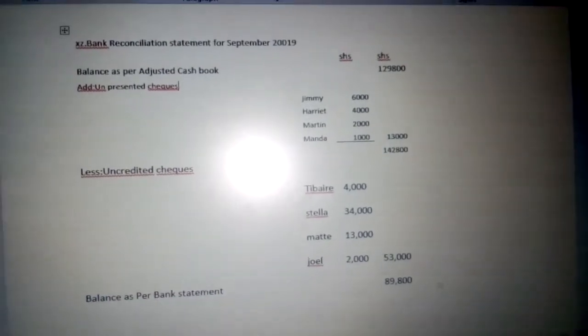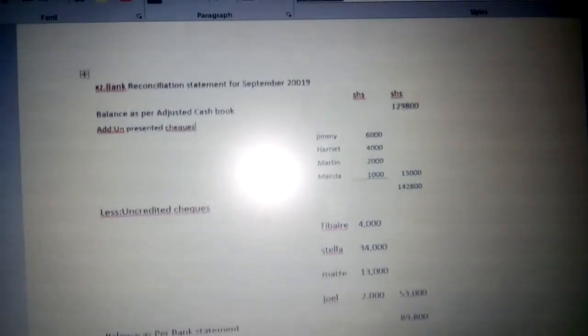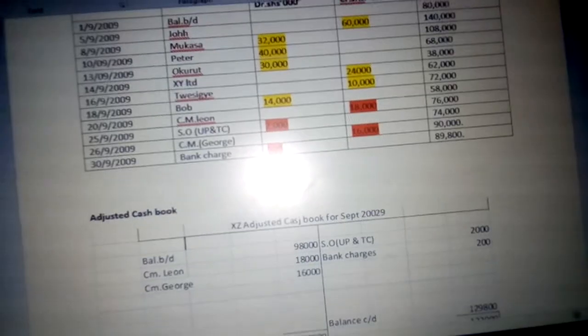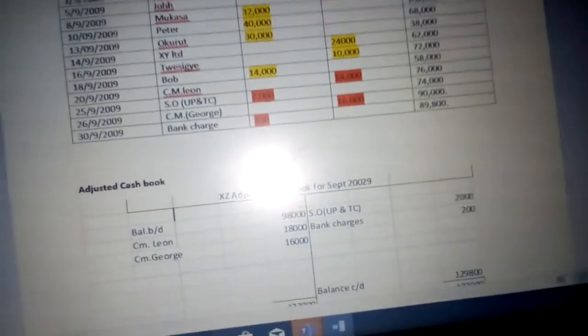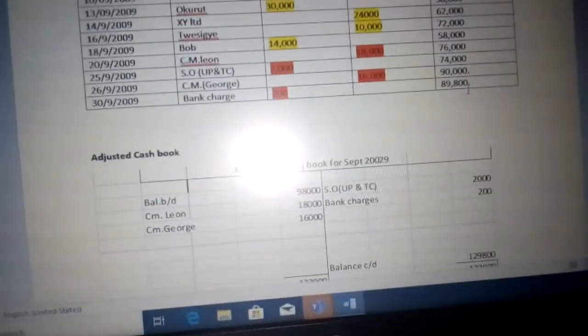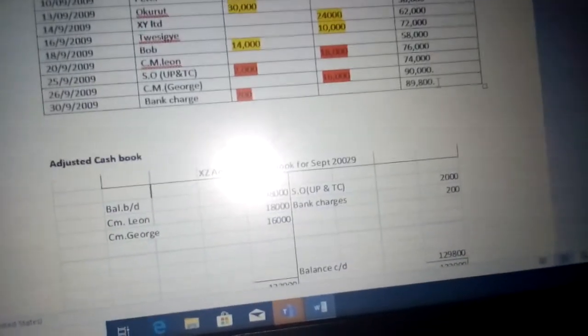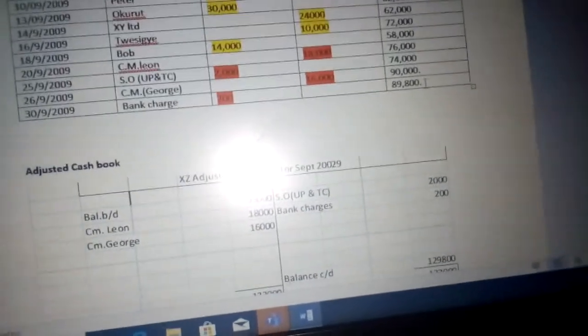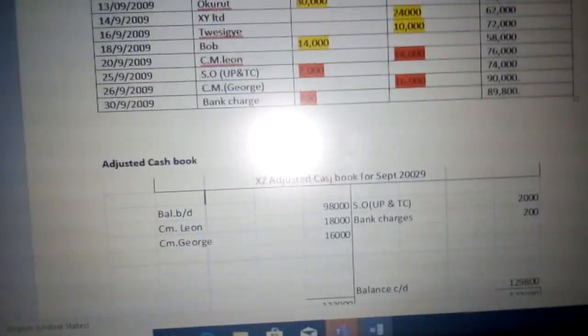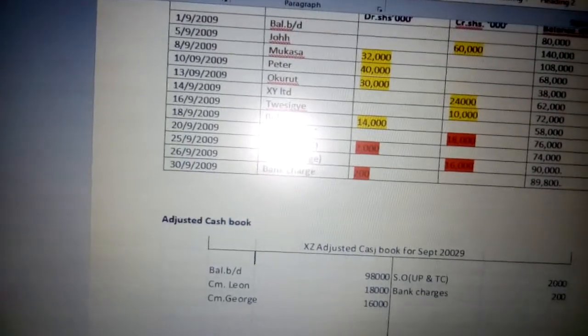So members, when I scroll up and we go to our bank statement, you'll find that the 89,800 was the closing balance of the bank statement. So it is similar, or it is the same as